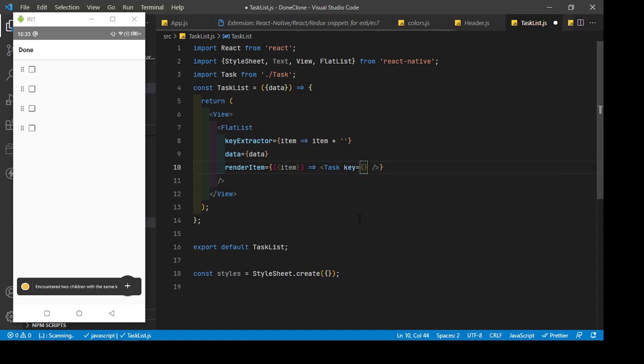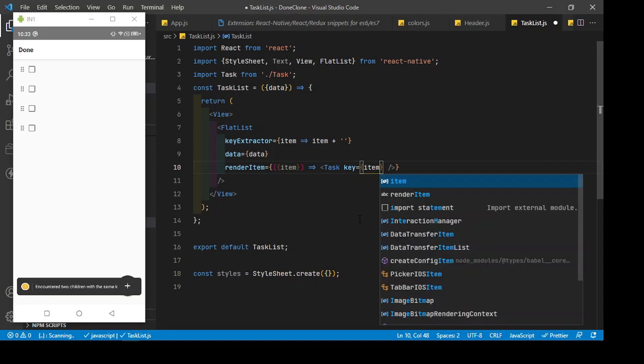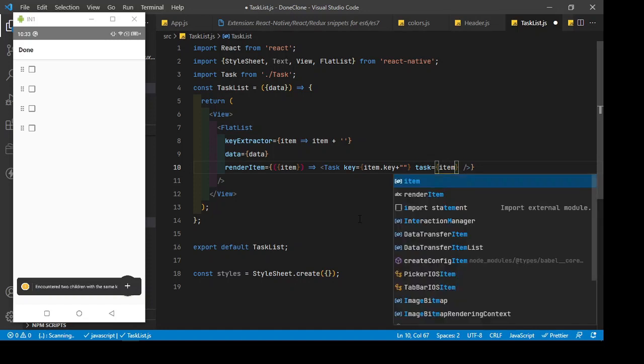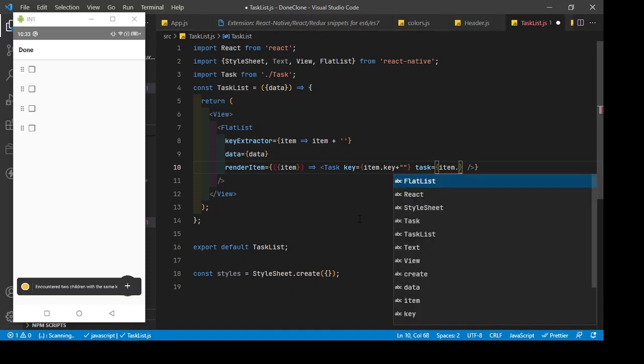So I can say here as item dot key plus this, because key is always string, so I'm converting number to string, so it will become a string. Okay, and then this is task, so I will say here task as item dot task,